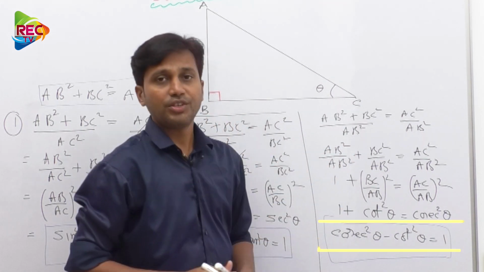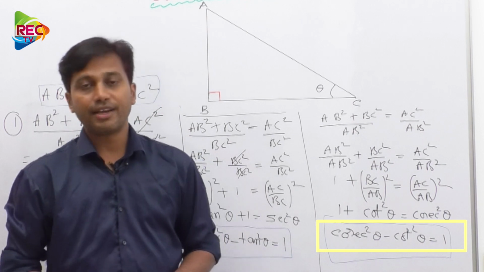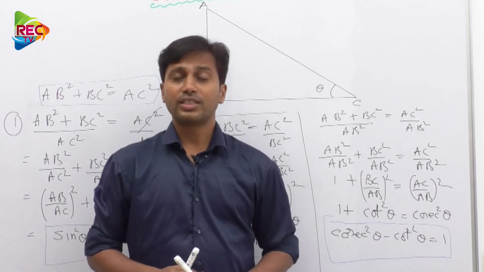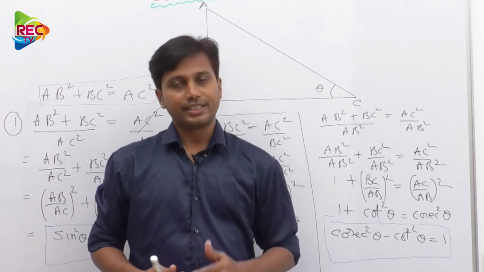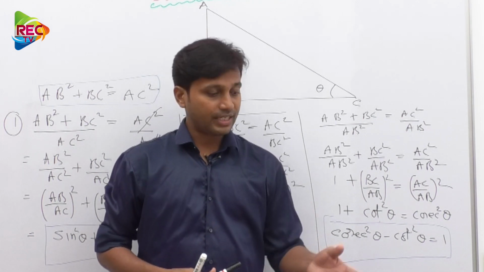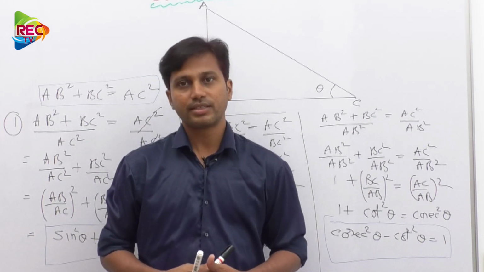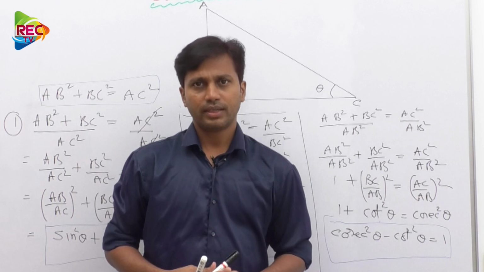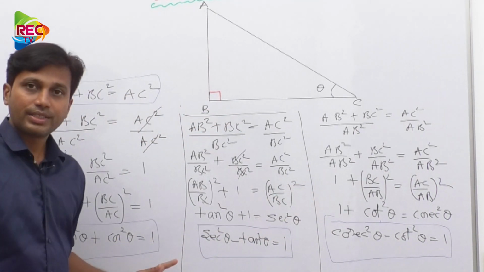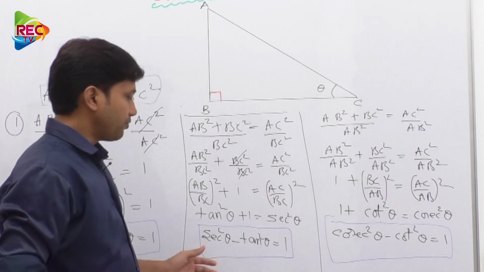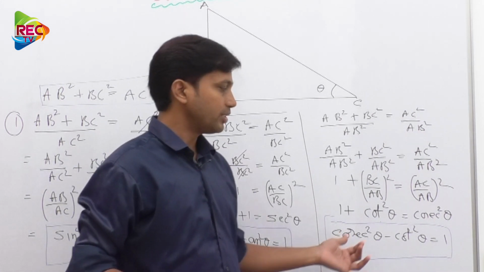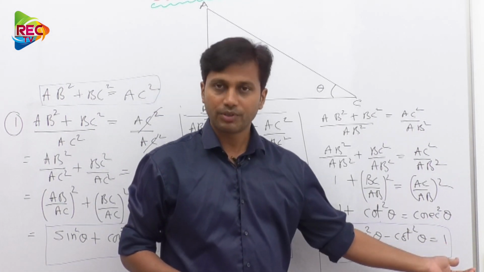Based on this, even if you go to +2 level, you can derive so many relations based upon these three only, right? So these are called trigonometric identities. Based upon this, a lot of numericals we will solve, even in 10th standard, from CBSE or NCERT syllabus or any state curriculum, right? Just see what those relations are. First one is sin square theta plus cos square theta equal to 1, and second one is secant square theta minus tan square theta equal to 1, and third one is what? Cosecant square theta minus cot square theta equal to 1.